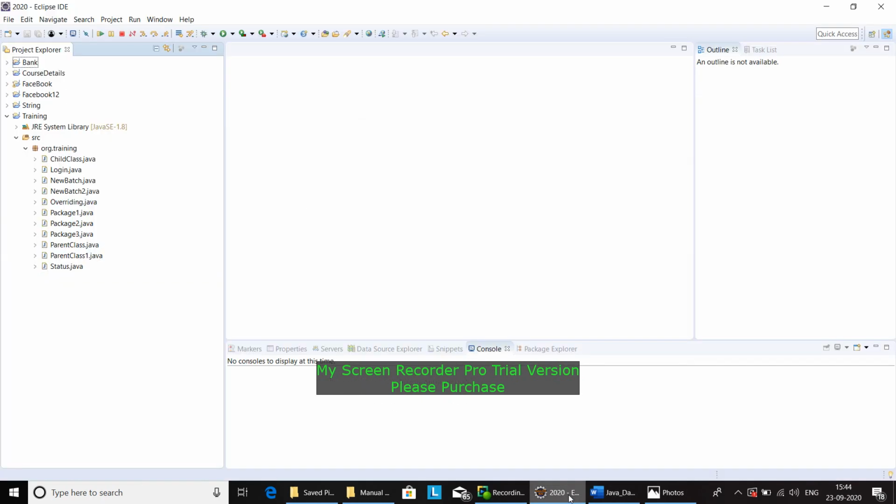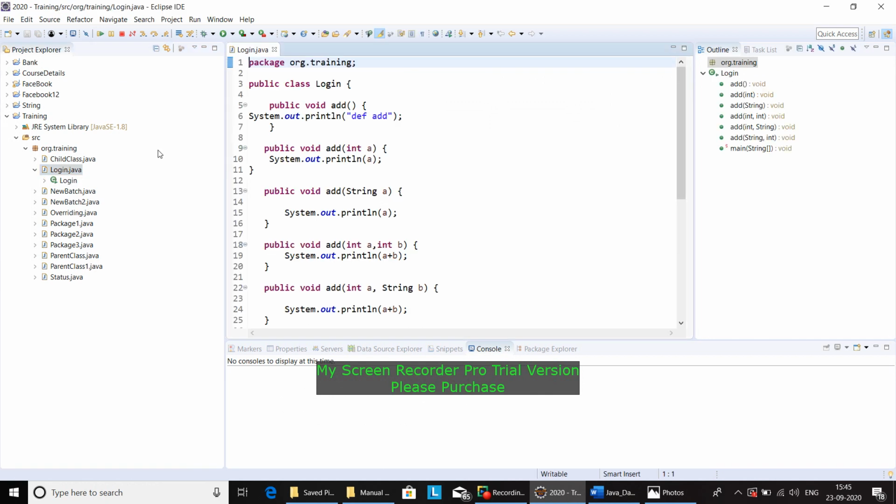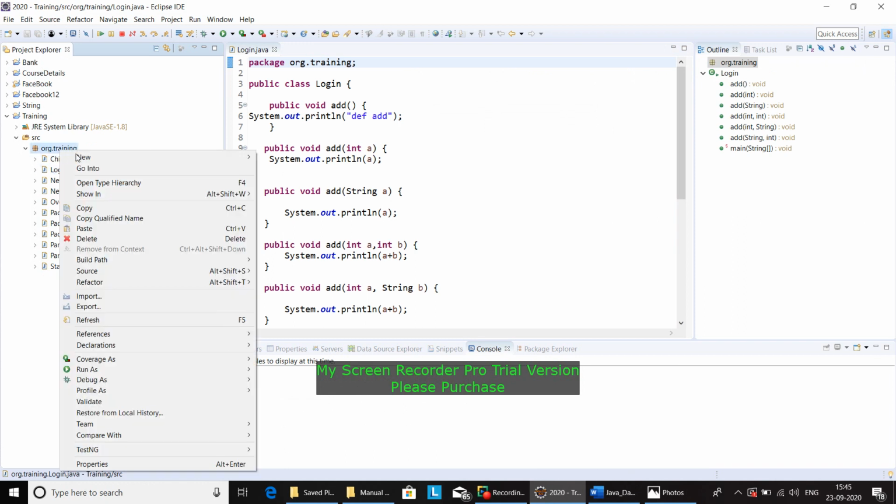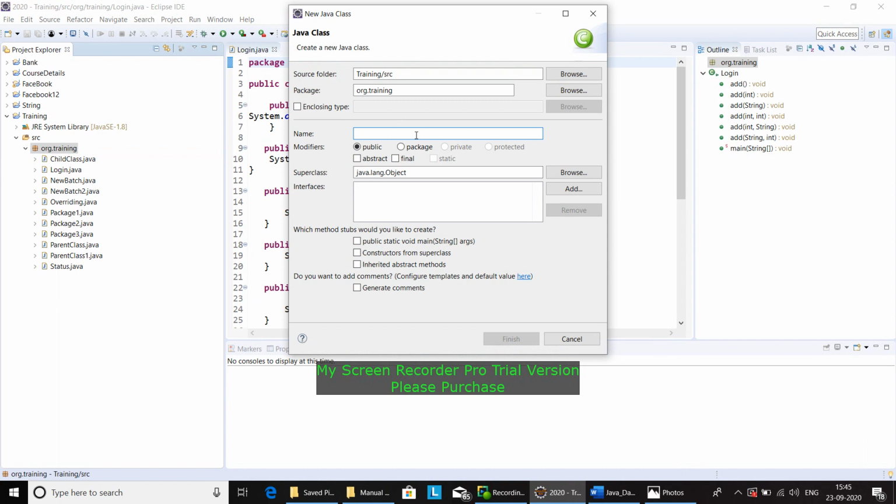Let me create a class for method overloading. I've already created a class LoginPage. I will create a new class called LoginPages, because I already have LoginPage1 and so many other login pages I have used.